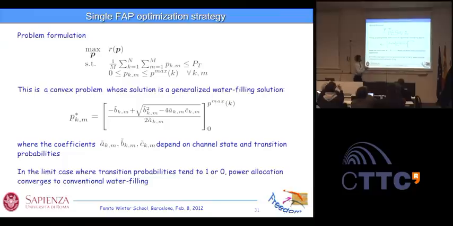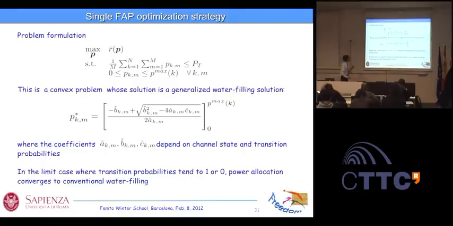When we formulate this problem, again, this is very simple. This problem is convex, so there's no problem here. You can solve it, and if you apply the KKT conditions, the optimal power vector looks like this. So you can find a closed form expression for the optimal power allocation. The interesting part is that the coefficients appearing here now depend not only on the channel, but also on the transition probability of the Markov chains describing the interference activity. This is the interesting part.